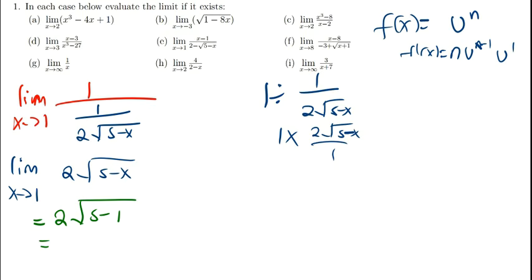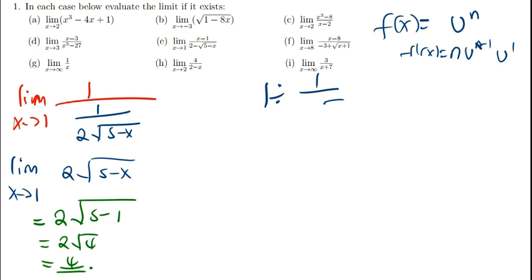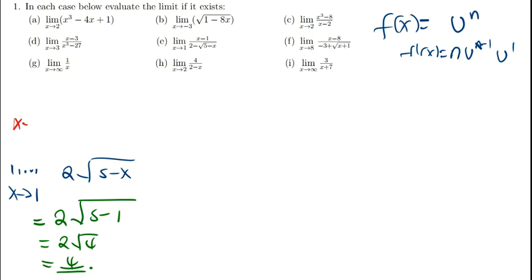5 minus 1 is the square root of 4. The square root of 4 is 2. 2 times 2 is 4. So I'll end up having 4 as my answer. Okay, I think that's the same concept which I'm going to use for